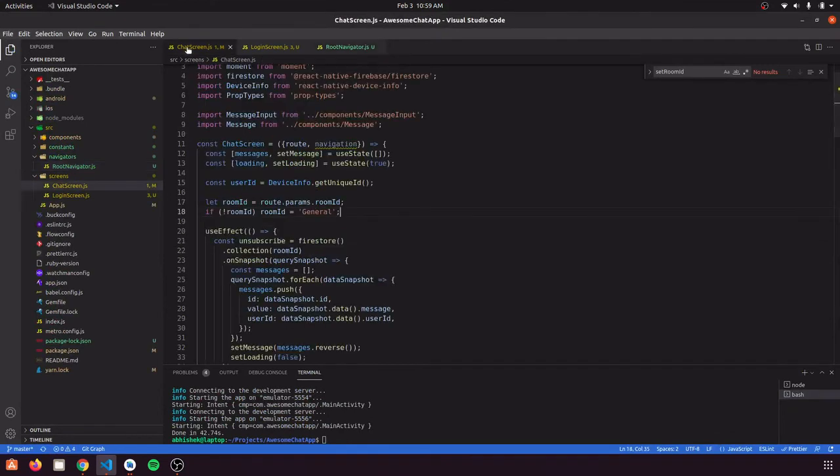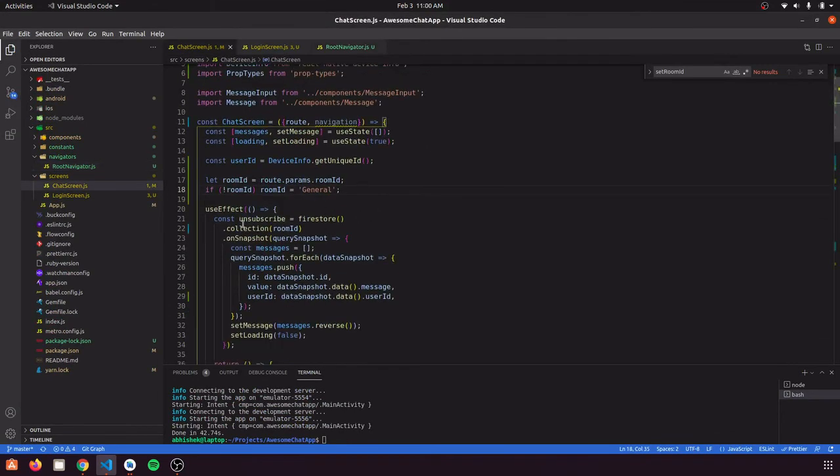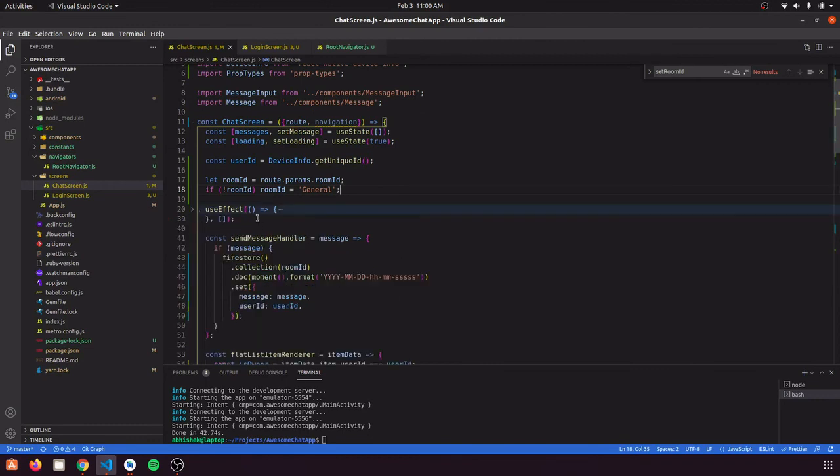So now we are going to go to this chat screen, and we define a use layout effect. So what is the use layout effect? It is similar to use effect, but the only difference is that it would be called synchronously after the first render. Use effect can take some time, so that other tasks will complete, and then it will be called asynchronously, but use layout effect would be called synchronously after the first render. So if you want to change something on screen, like a header, or add some button in the header, then it is optimal to use layout effect.